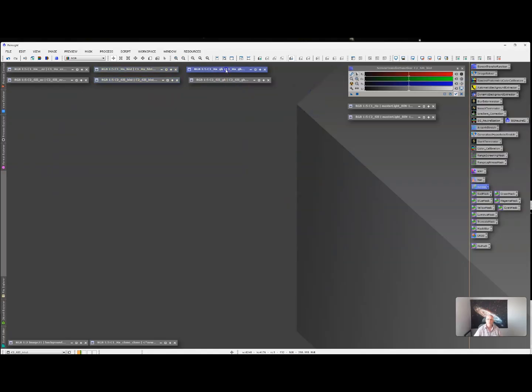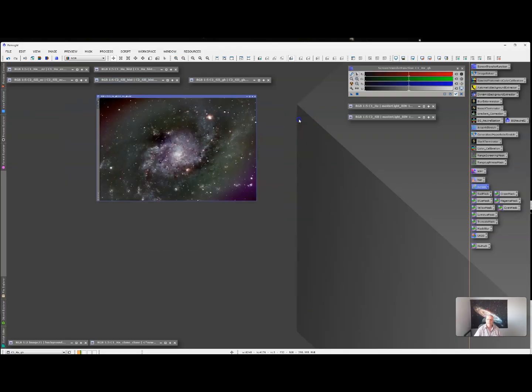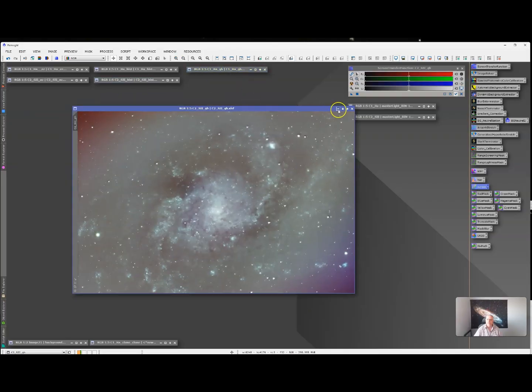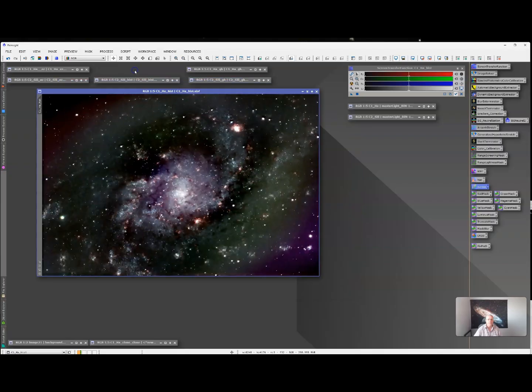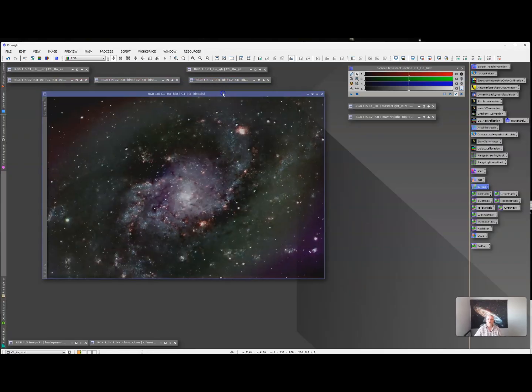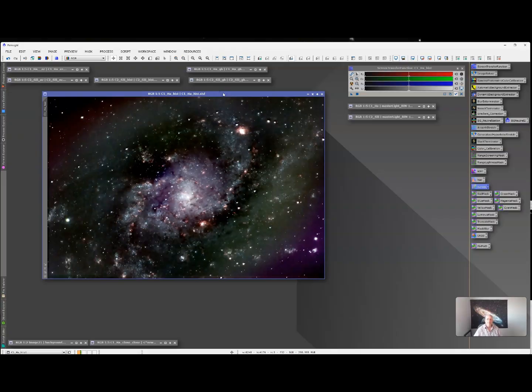So let me see which one I think is best. Ew, definitely not you. That's a lot of light pollution. All right, I'm going to make this one my startup to make a mask for what we're going to work with. The first thing I'm going to do is clone this. So we're going to go duplicate,